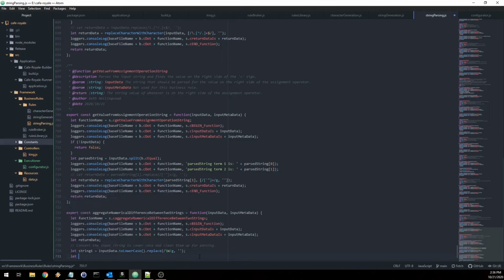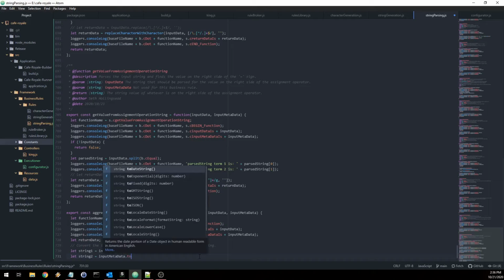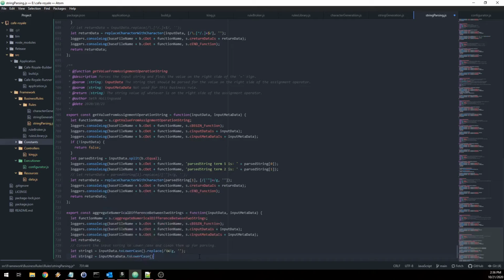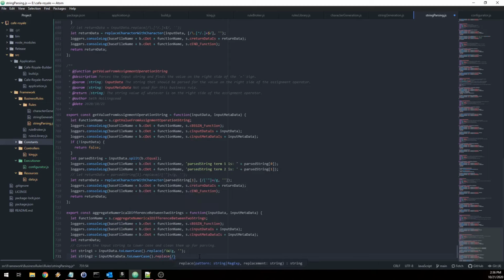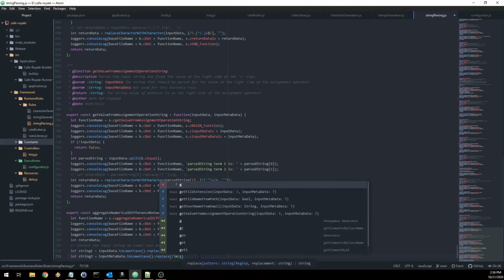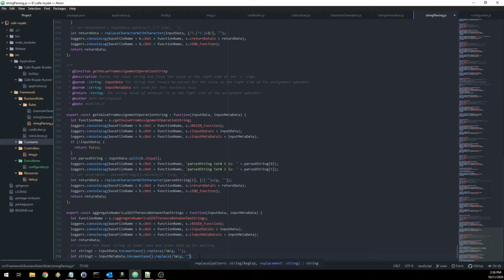Let string 2 equal input metadata dot to lowercase dot replace, same basic global regular expression. Okay. Alrighty. Okay, so again, I'm going to copy these out,